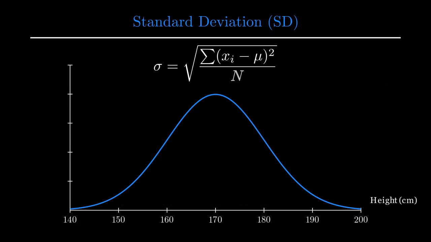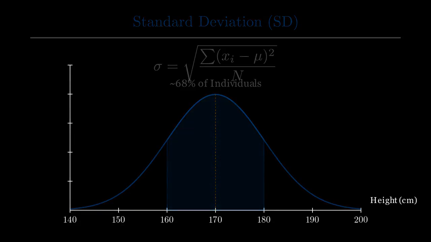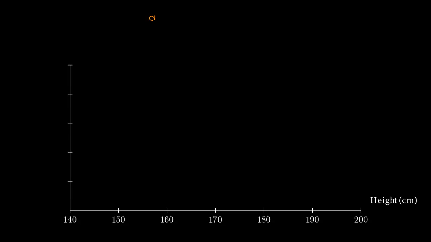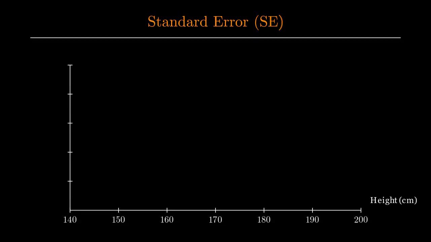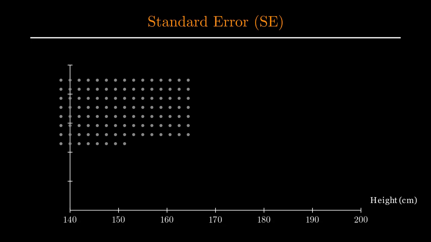To calculate the standard deviation, we look at the distance of each point from the mean, square those distances to remove negative signs, average them, and then take the square root to return to our original units. In our height example, an SD of 10 centimeters means that most people fall within 10 centimeters of the average height. Statistics shows that in a normal distribution, about 68% of the population falls within one standard deviation of the